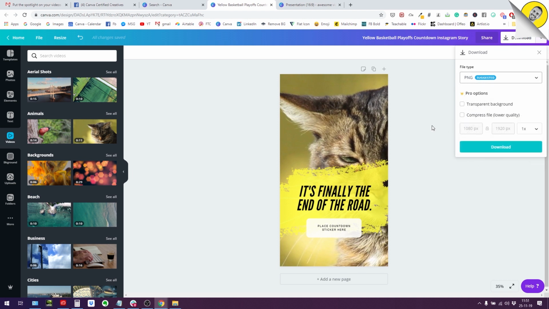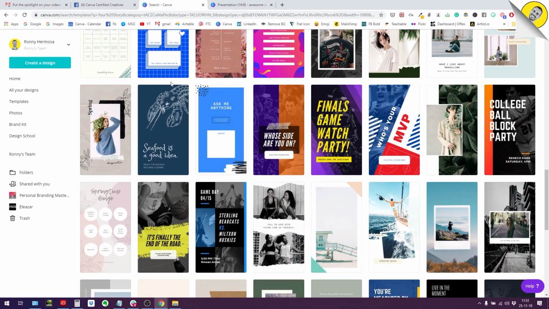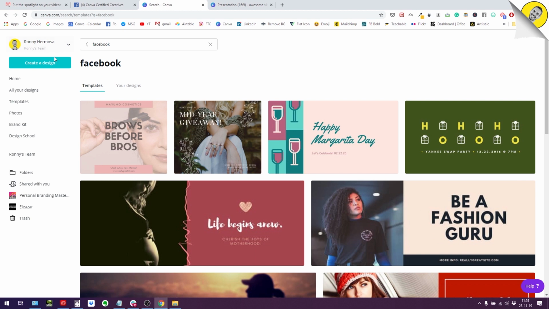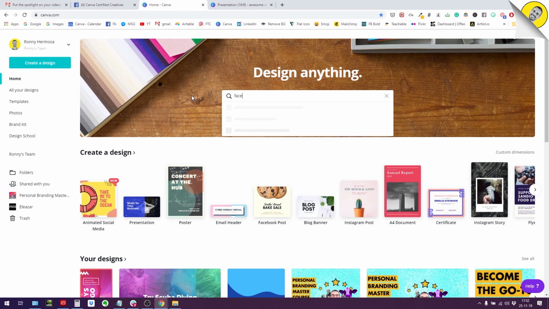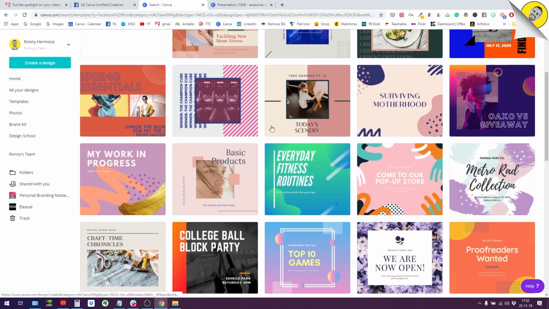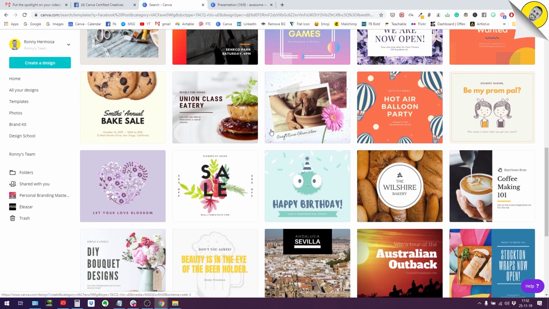And then the third application is for your regular post. I would say your regular Facebook post or Instagram post. Let me show you. So if you type just Facebook, okay, just a regular Facebook post. I'm gonna start my search from the home page. So type Facebook post. Okay, I want a Facebook post and I want Canva to show me some designs. Okay, let's use something that already has kind of a frame on it,